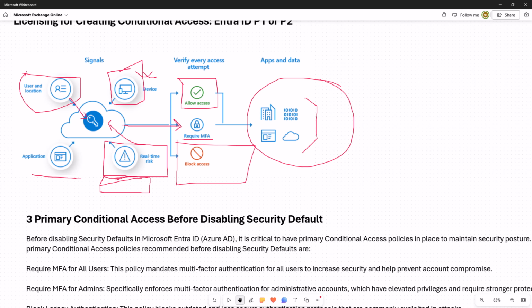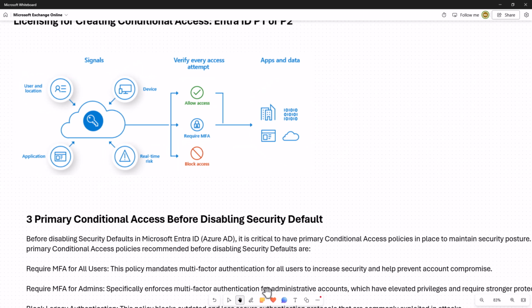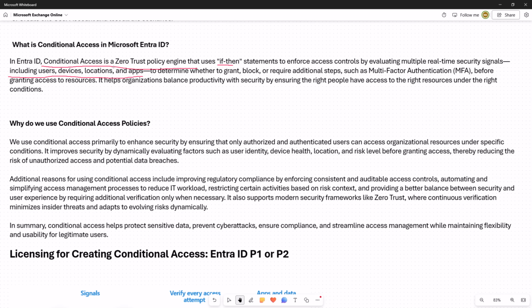When we do a demo, when we create the account and the conditional access policy, we will talk about this signal and the if-then engine that we discussed last. All right, so let us read it again. In Entra ID, conditional access is a zero trust policy engine that uses if-then statements to enforce access controls by evaluating multiple real-time security signals, including users, devices, location, and apps.